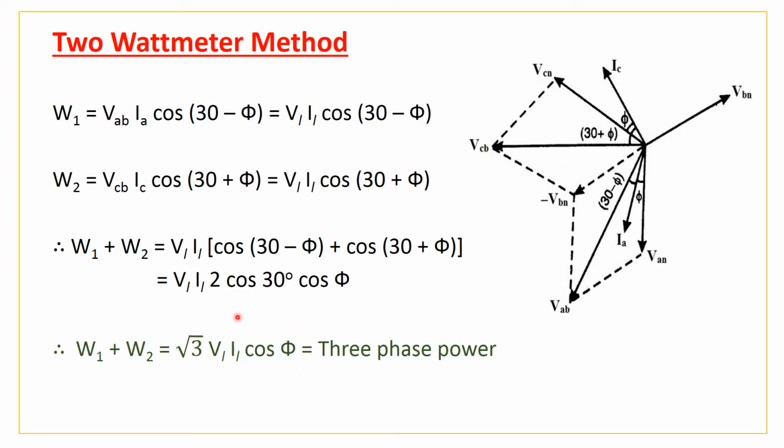So I hope you remember that in star and delta connection, we have seen the power P is equal to either root 3 VLIL cos 5 or 3 V phase I phase cos 5. So it means it represents the 3 phase power. This concludes that by using only 2 wattmeters I can measure 3 phase power. So this is what I concluded in the previous session.